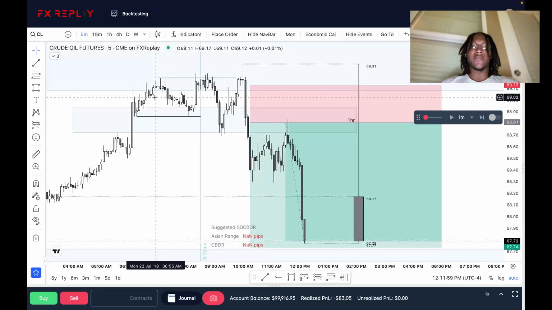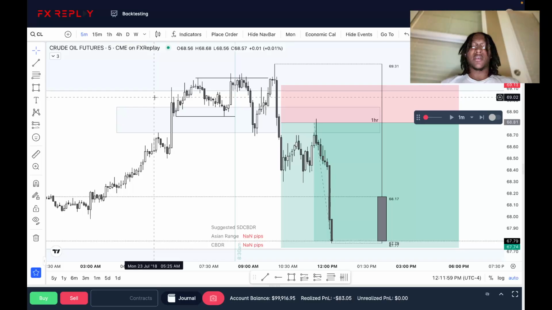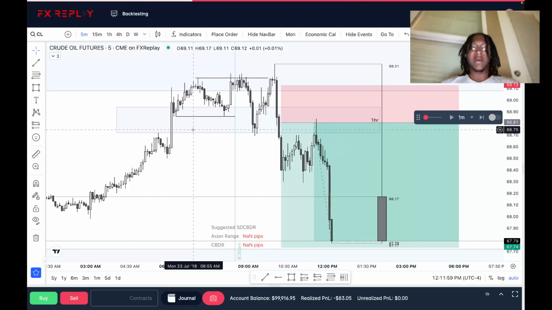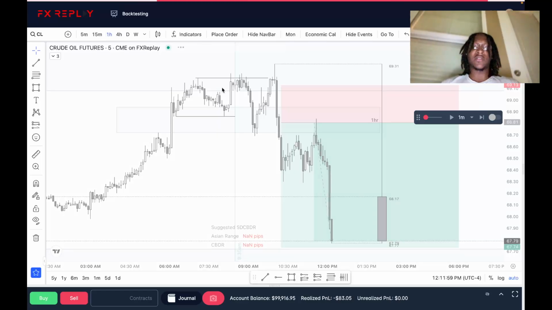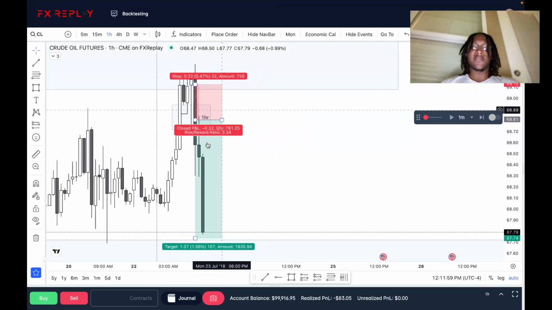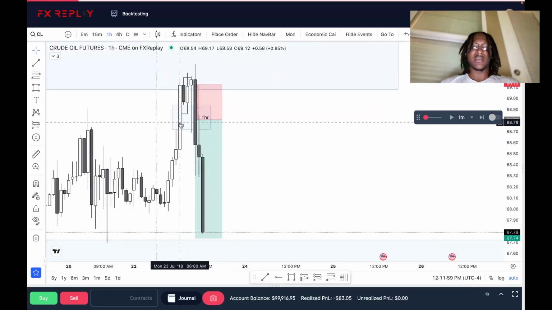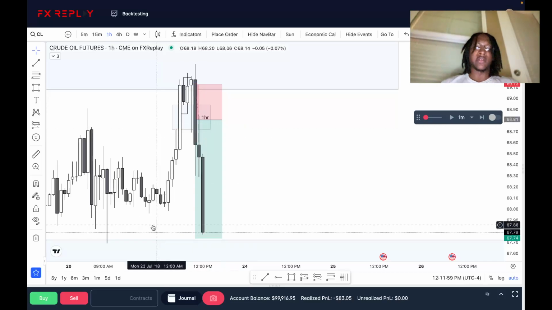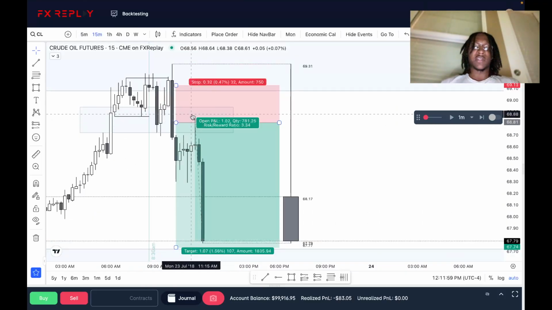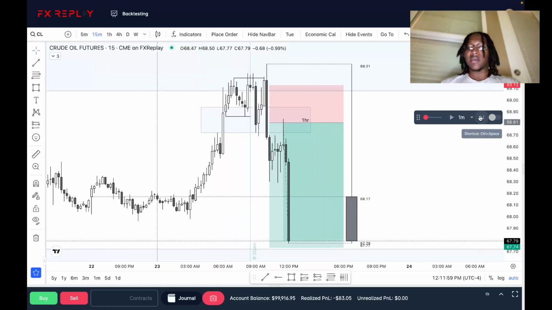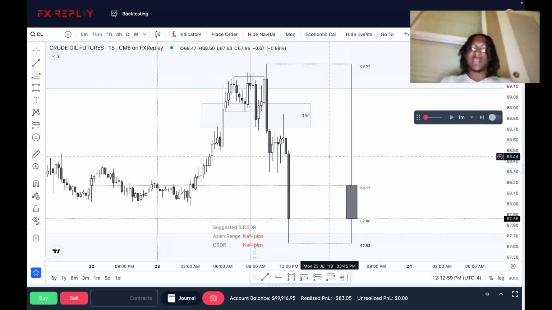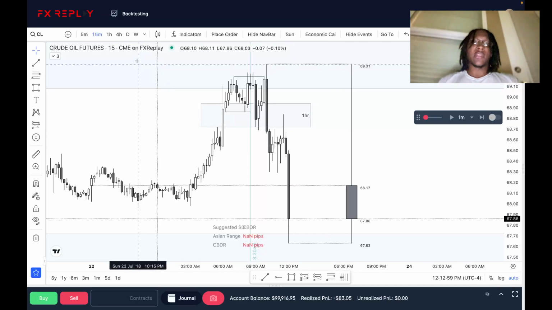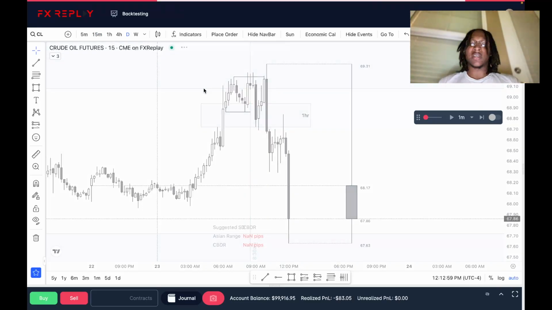Maybe I should have waited for the 15 minute to really give me my play, especially with us testing this 1 hour fair value gap. I should have waited to see confirmation on if we disrespect this fair value gap, because if we do, then we're trading lower for sure. So that's what I should have done. Plays out, GP hit, that's beautiful. On to the next. Let me not dive or stay with that, because that was a great trade. That made a lot of sense.